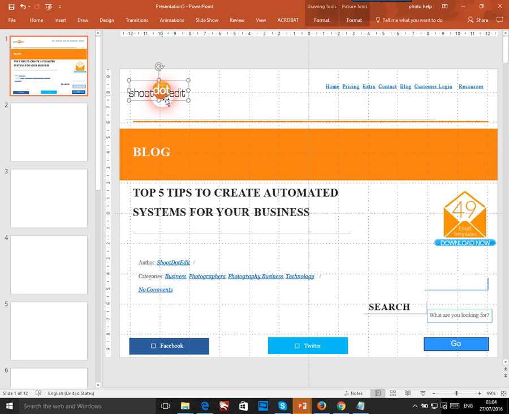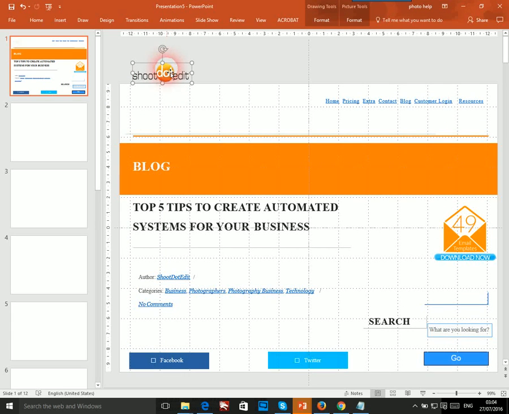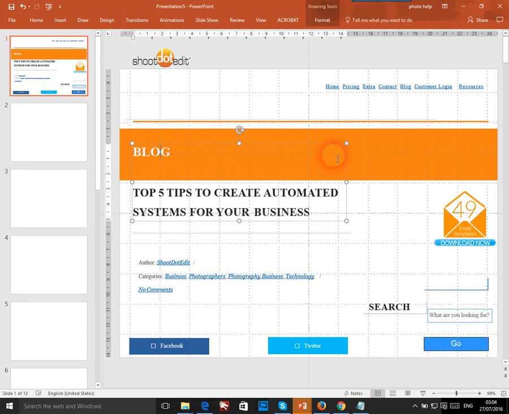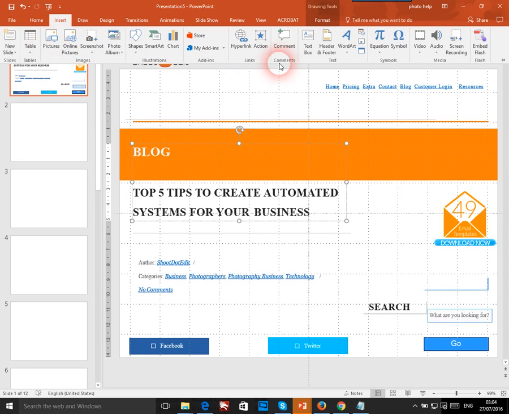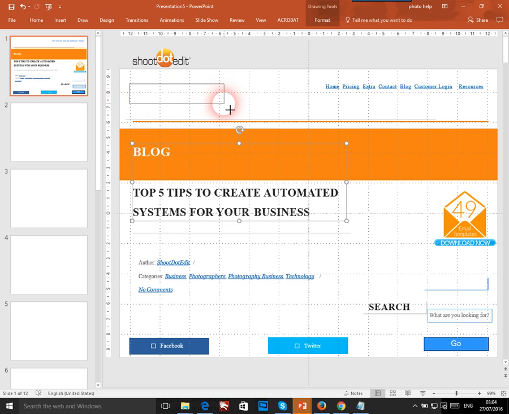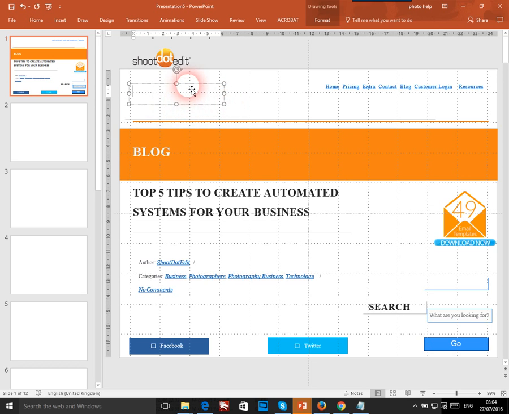Sometimes I don't want to have people's logos, so let us just insert a text. I'm just gonna insert a large text box here. Text logo here,